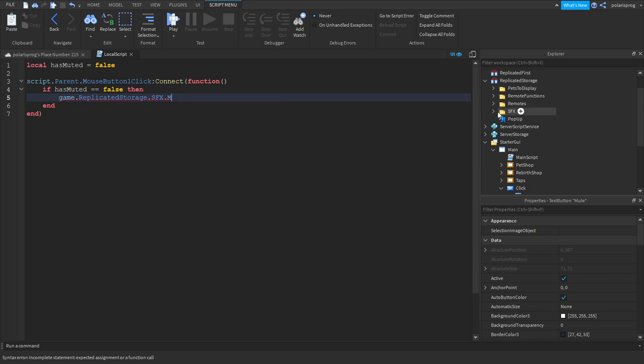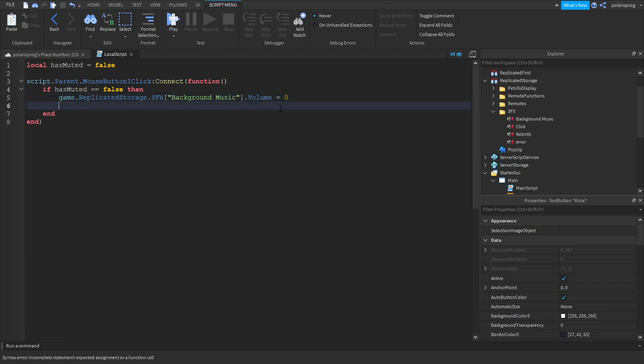Wait, what do we call it? Background music dot volume is equal to 0, else,